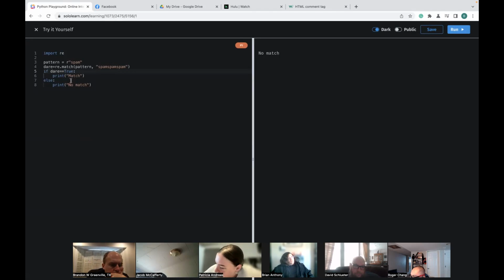Wait, no, it doesn't equal true because it equals a thing. Okay, so it's saying if a match exists, so it'd be the same as doing this. Because it actually equals a regular expression object, not true. Because a regular expression object, later you can do the re